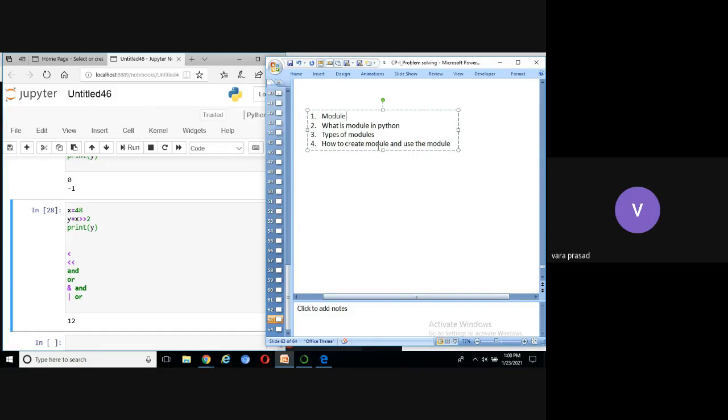The definition of a module is a Python program. A module consists of definitions, variables, statements, and classes. That is called a module. Types of modules: system-defined modules and user-defined modules.